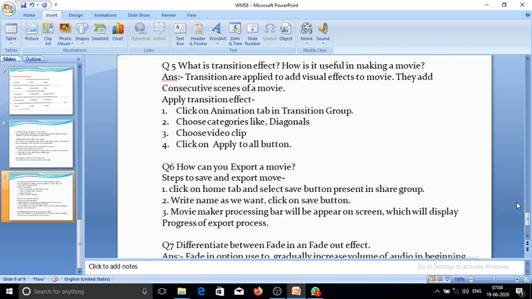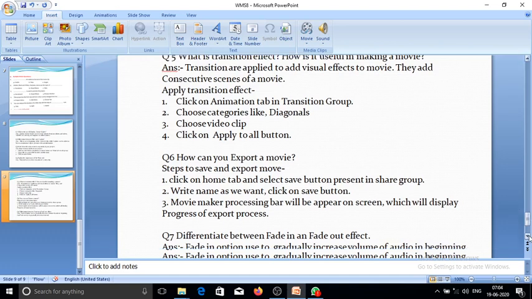Click on the save button. Movie Maker's processing bar will appear on the screen, displaying the progress of the export process. After completion, our file is exported.